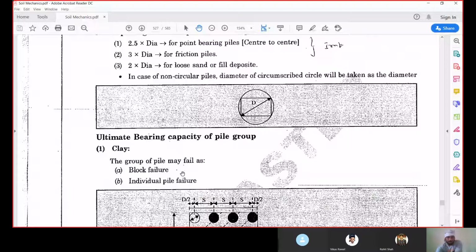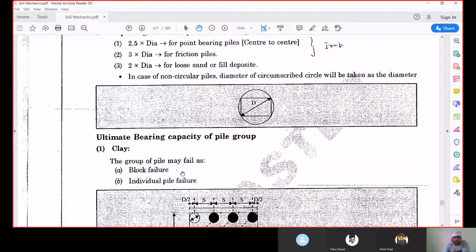Now this Cub is the undrained strength of clay at the base of pile group. Nc is your bearing capacity factor, and here also we have to take Nc. In case of pile foundation or deep foundation, we have to take this Nc value equal to 9. Just remember, this is not similar to your Terzaghi bearing capacity factor. This is the Skempton bearing capacity factor we are using in this particular case. Now alpha is your average adhesion factor over the length of block. Cu is your average undrained strength of clay over the length of block.